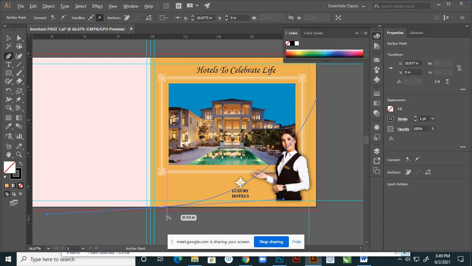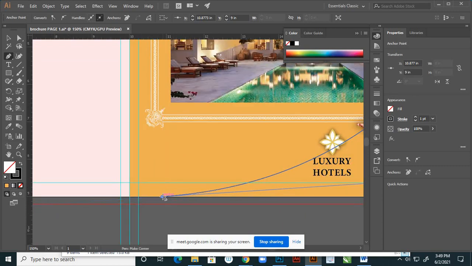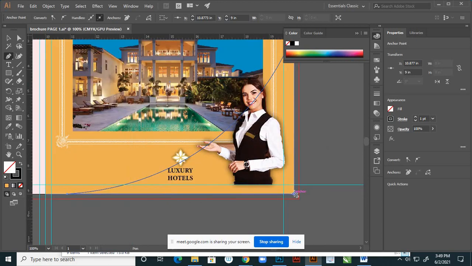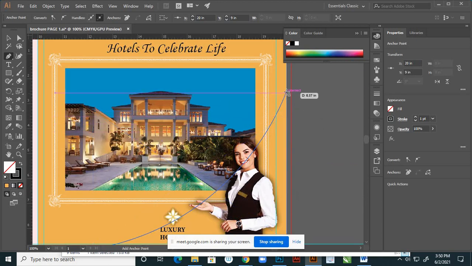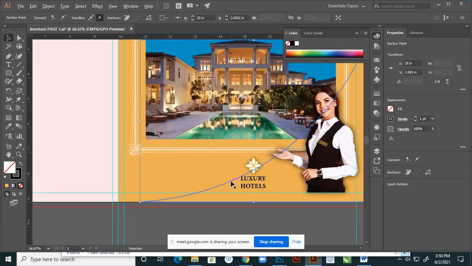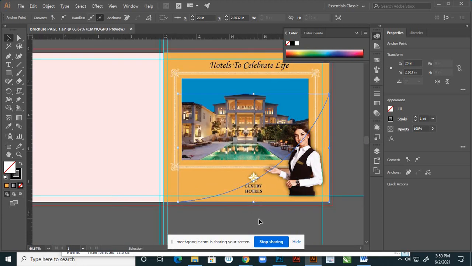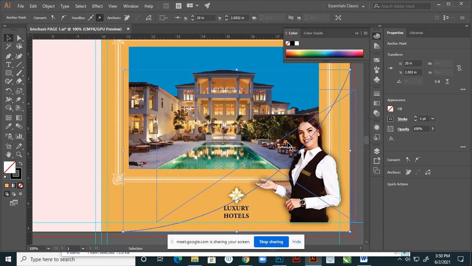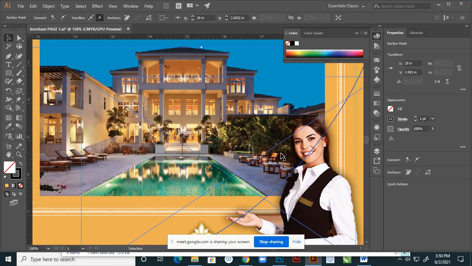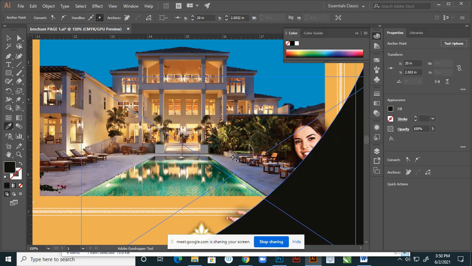And here I'm using Alt. So attach these two. Here I want to fill with some other color. So this time I'm using, suppose, this green. I'll check what will happen with this green.